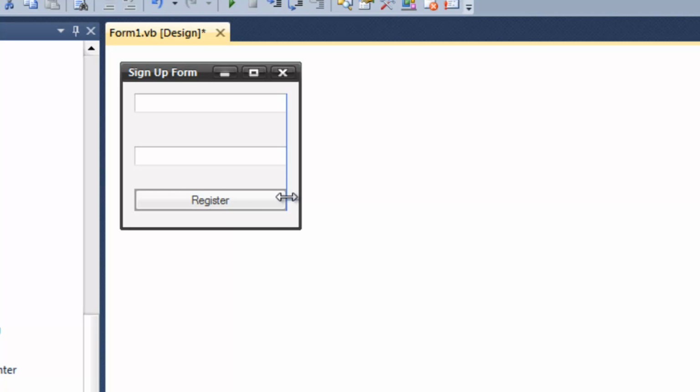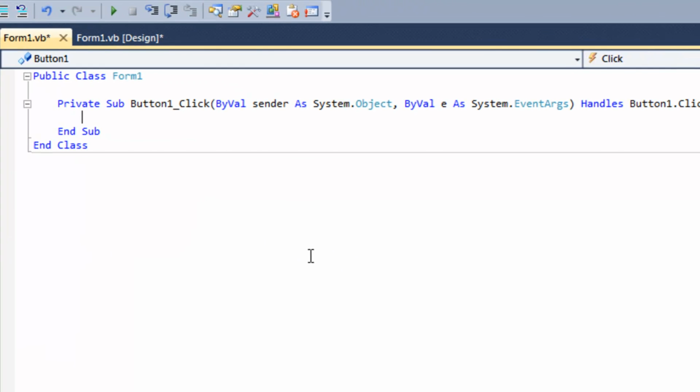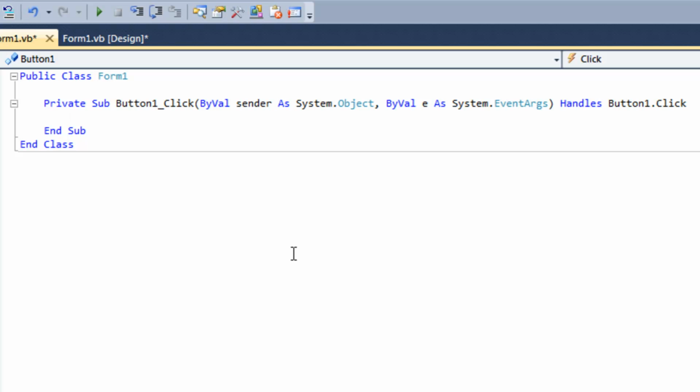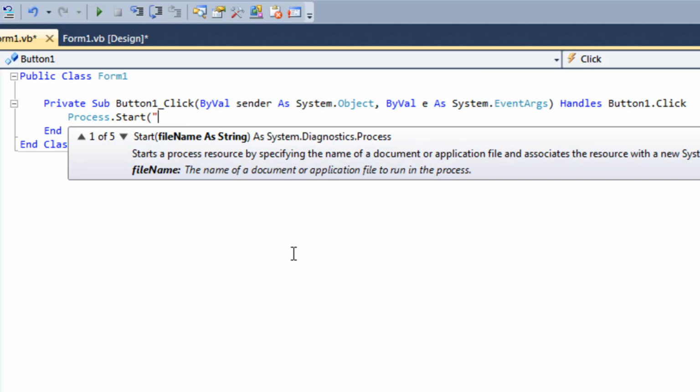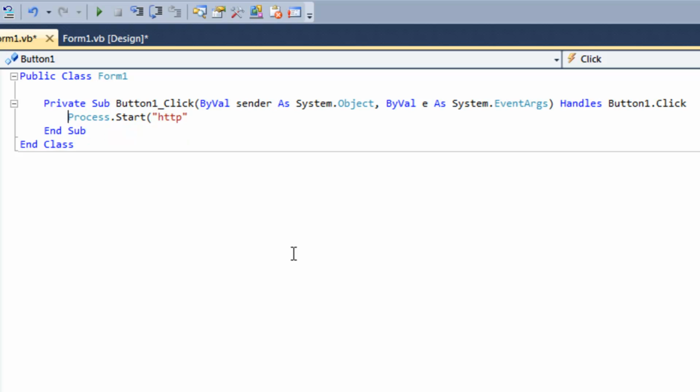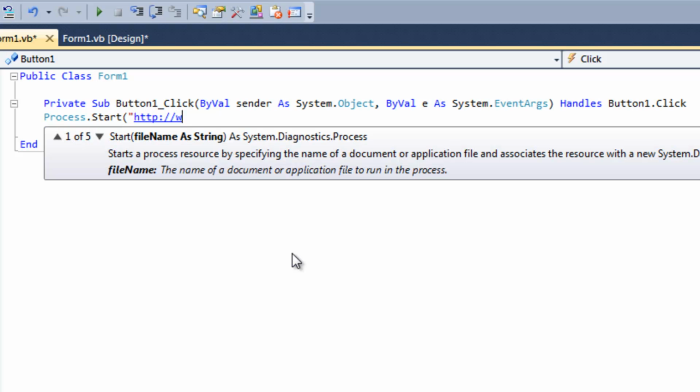Okay. So on button 1 click. All this is going to do is direct you to a web page. So Process.Start. Whenever you use Process.Start to open up a URL, it opens it up with your default browser. So this is pretty simple. Process.Start, http, your URL. I'm just going to be putting it on my website,